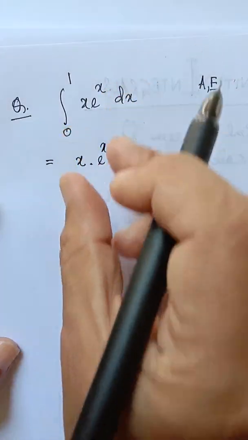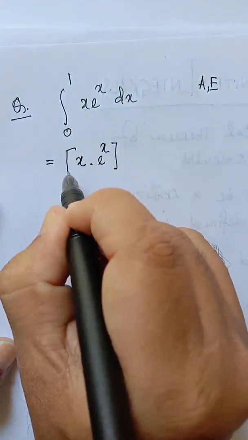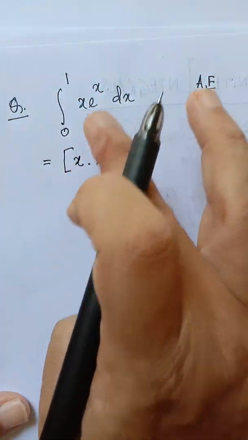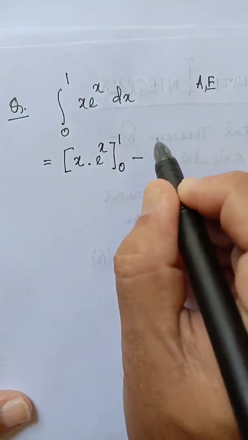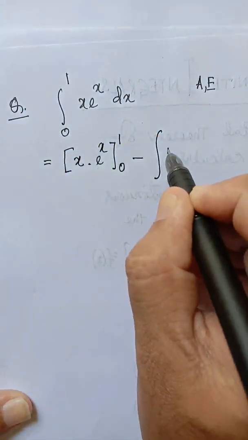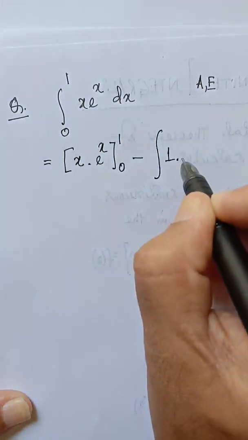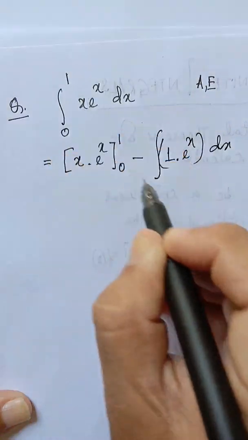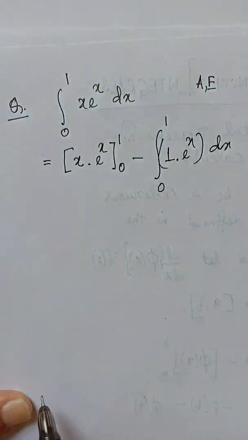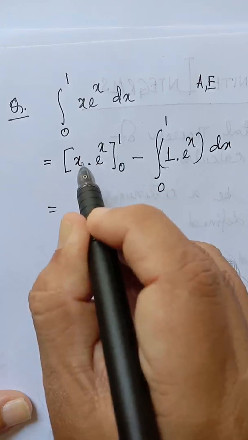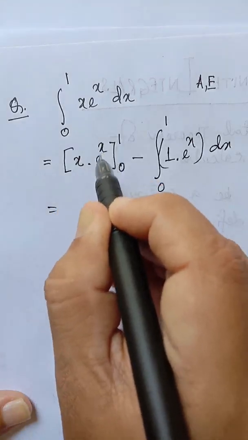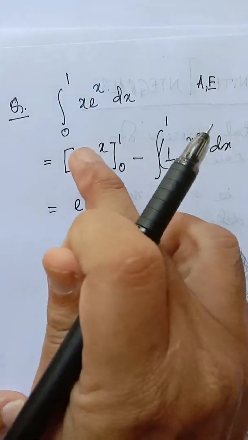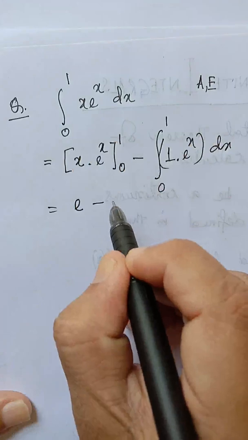As the first part of integration is over, we have to put the upper and lower limit. First function unchanged into integration of second, which is this, minus integration of derivative of first into integration of second. Next we will put x equal to 1 into e to the power 1. 1 into e to the power 1 is e, minus, we will put x equal to 0. 0 into something will be 0.